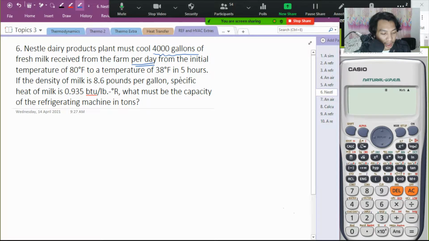So you are given 1 day, and you are given 5 hours. But the 4,000 gallons is what it receives per day, and that is not what you put into your system. What you put into your system is 4,000 gallons in every 5 hours. That is what will be cooled. If the density of the milk is 8.6 pounds per gallon, the specific heat of milk is